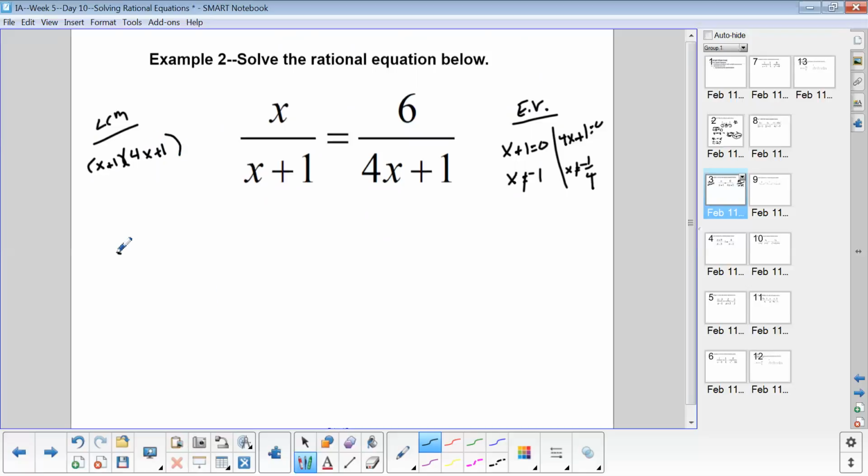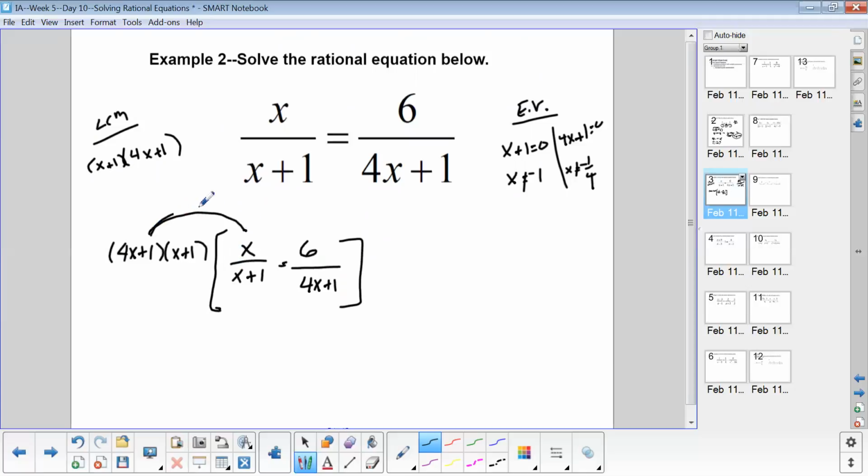It doesn't matter the order, and you write that. And I'm going to multiply that all by x over x plus 1 and 6 over 4x plus 1. So I'm going to multiply this expression by this term and this expression by this term. And we will see,